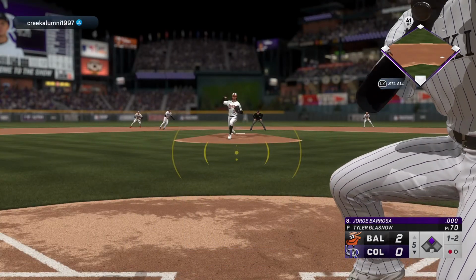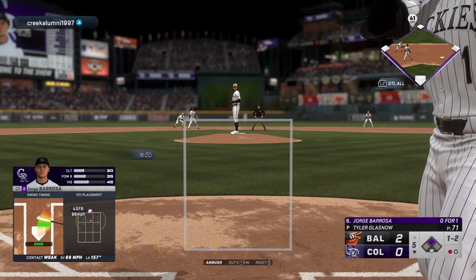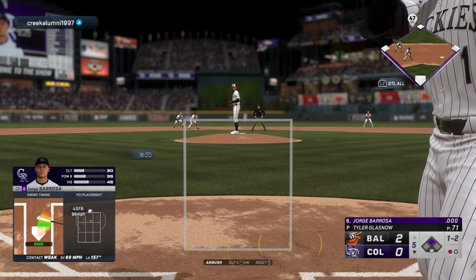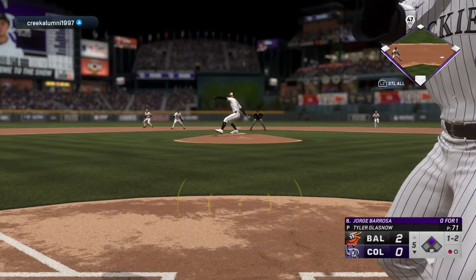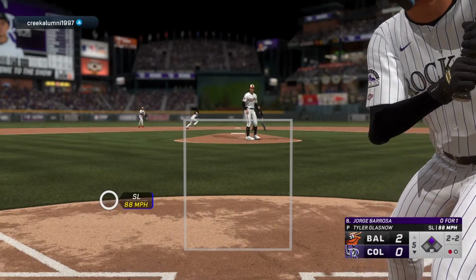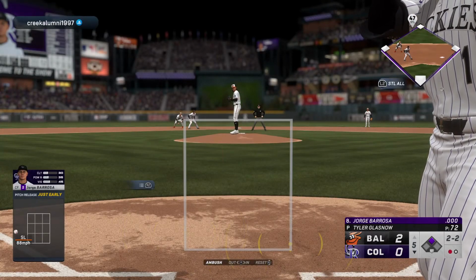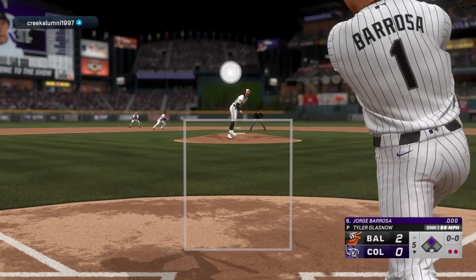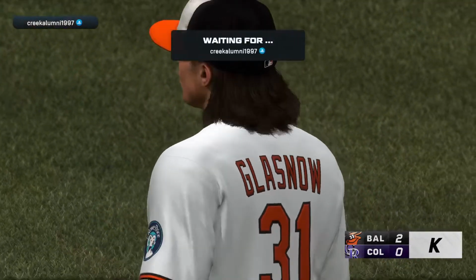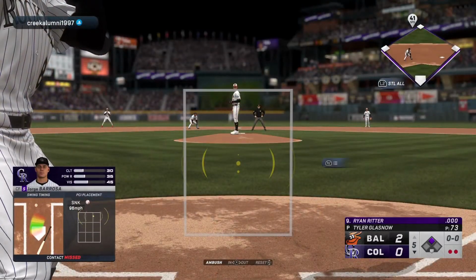Man at second. And it's fouled off. They'll do it again. That misses the zone. 2 balls, 2 strikes. Got him swinging. It's a strikeout. Strikeout number 8. Second baseman